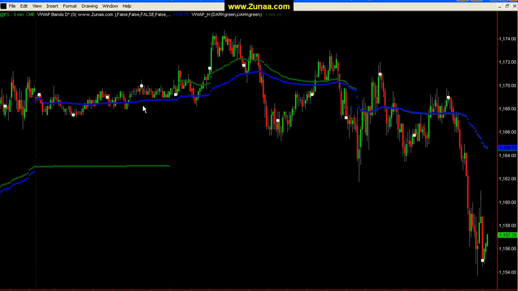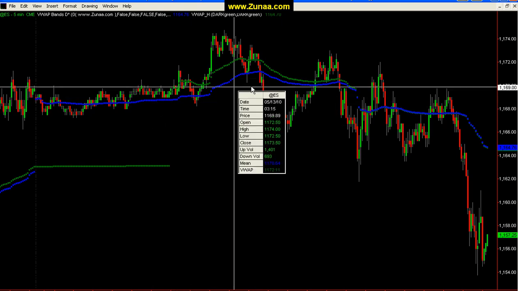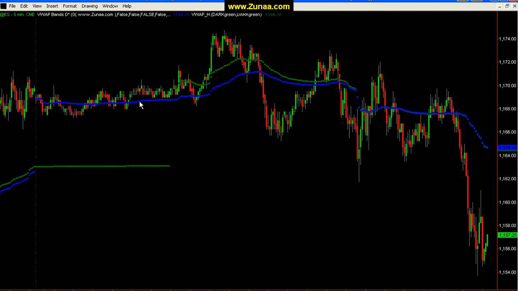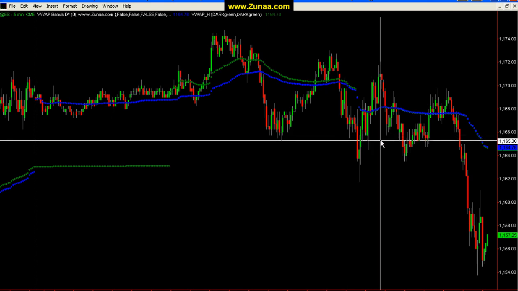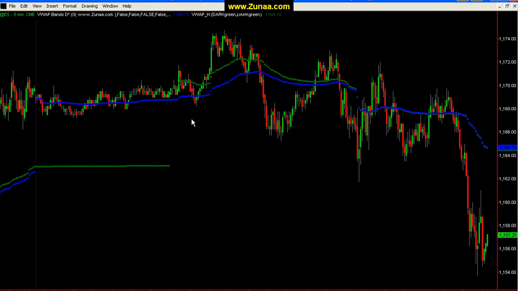The blue one, which is the volume weighted average price bands D for daily, does not reset. It just continues completely. And I actually find this indicator plotted on the regular session and on the cash session very, very helpful. Personally, that's very helpful, especially for when the market first opens, the first hour of trading,